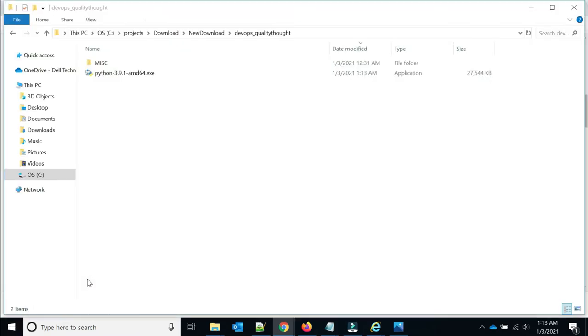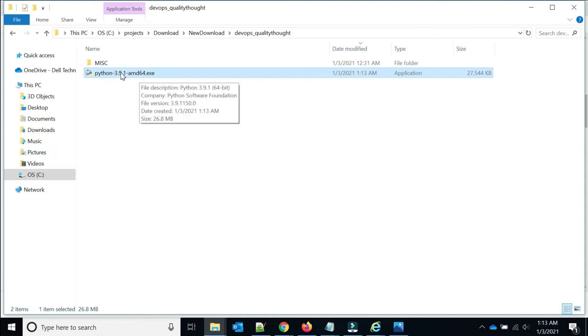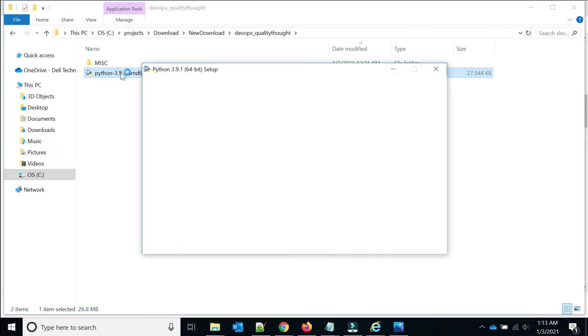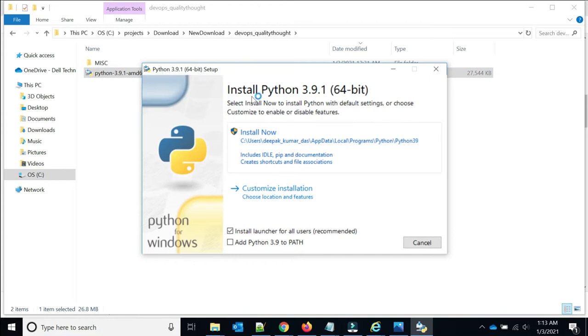I'll go to the folder where the software is downloaded. Here you can double click this one and you can see this is Python 3.9.1 64-bit and it is installing in this path, and it includes IDLE, pip and documentation.